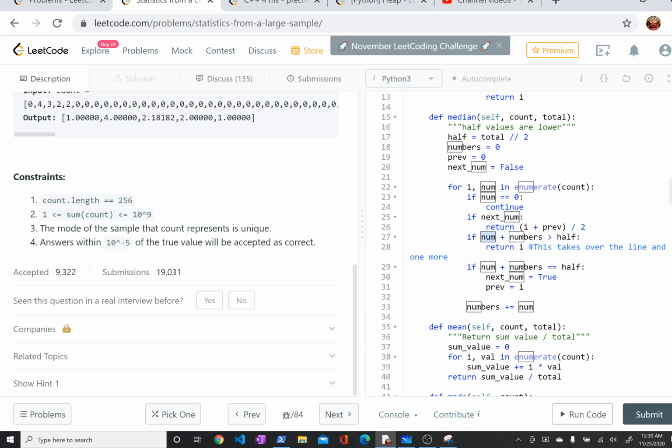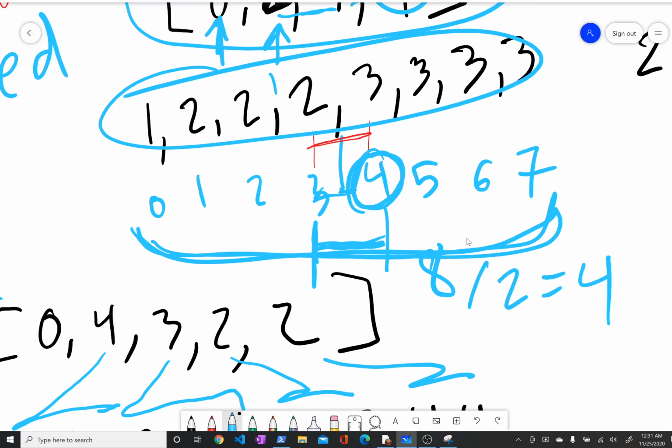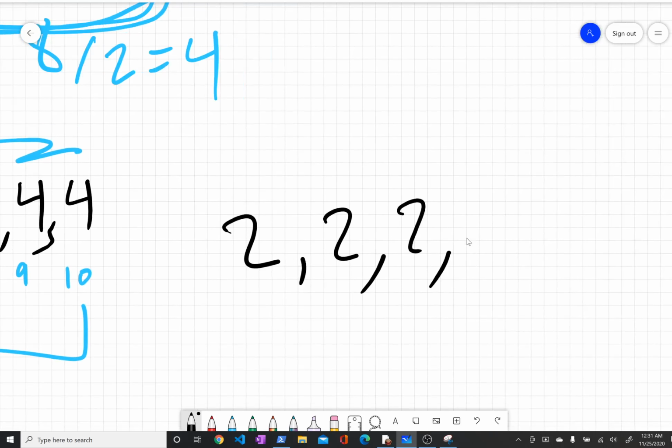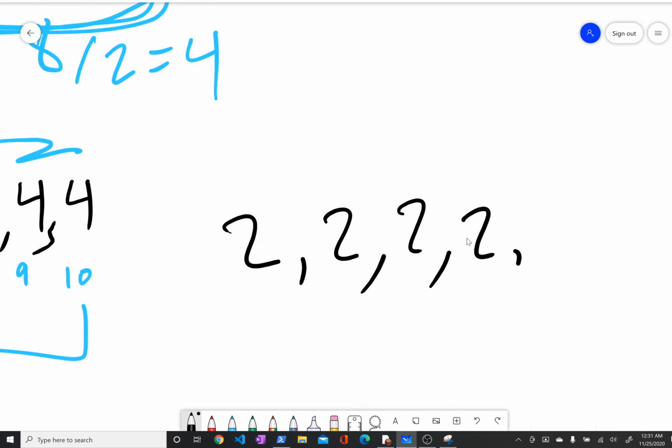So here what I'm doing, if the number of values of size I plus the numbers I've accumulated so far, or counted so far, is greater than half, then I can just return I. And that may or may not be perfectly obvious to you. But basically the logic is, imagine I have a list like this,